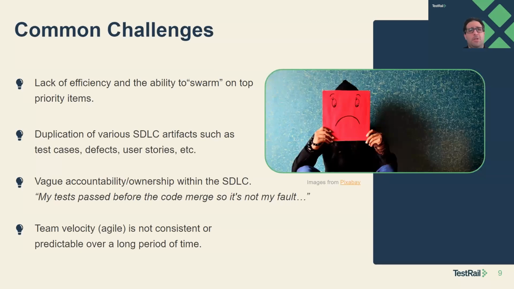Let's talk about just generally some challenges, and there's going to be a lot, probably more than I have listed here. But these are some big ones that I've both faced, experienced, and know that teams struggle with. One of the big ones is lack of efficiency and ability to swarm on top priority items. Swarming is more of an agile term, but really the big challenge I've seen and experienced, I'll just give an example, like a hot fix release. We have to get a patch out by tomorrow. There was a production issue and we've identified it, but we really got to push to get it done.